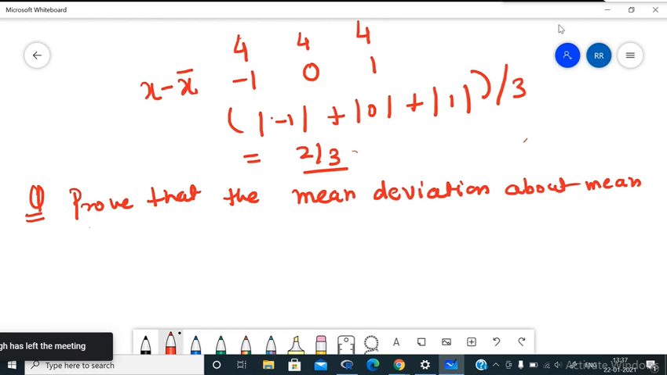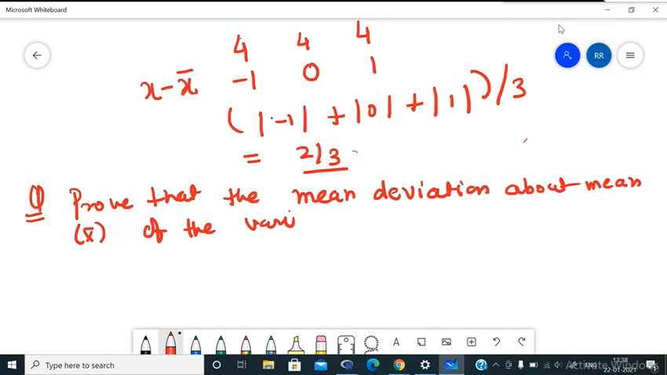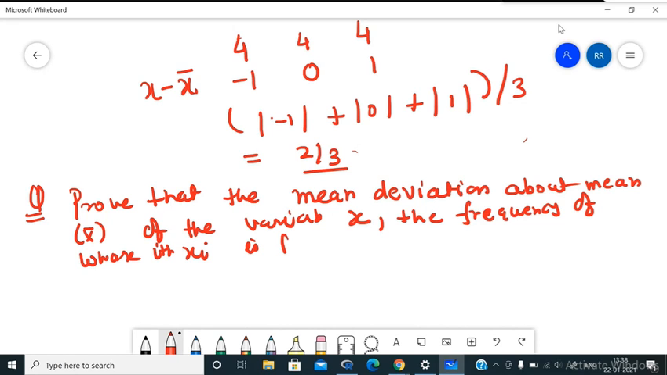x bar. So mean is what? Mean is x bar of the variable x, comma the frequency of whose ith xi is fi, can be given by